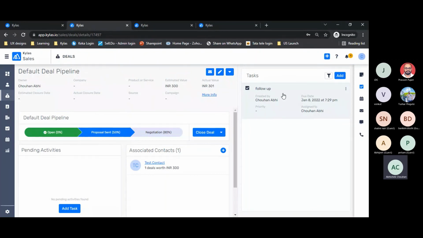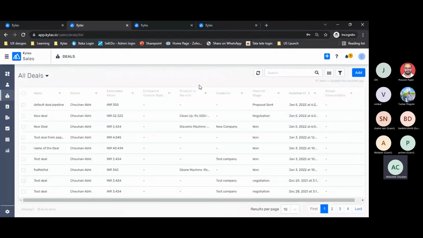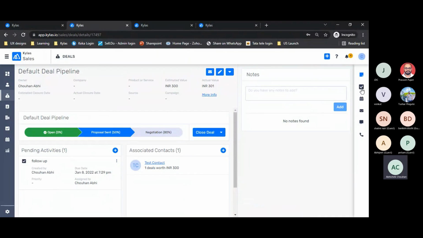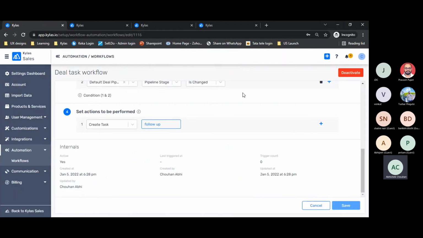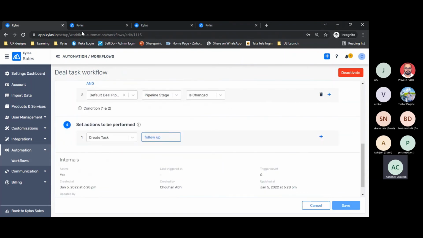Otherwise, you will have to filter all the deals on this listing page in a particular stage called proposal sent, and then on every deal you will have to create a task manually, because eventually the task has to be performed by your sales user. That is delaying our activity. So instead of creating those tasks manually, you can create them with the help of a workflow. This is essentially the benefit of creating tasks automatically.